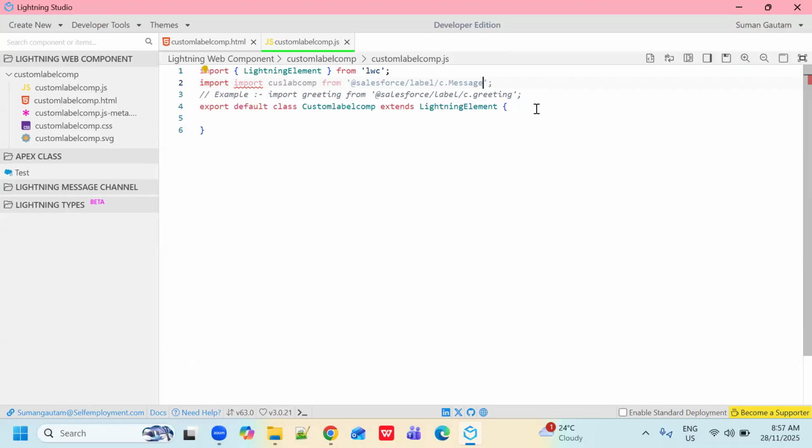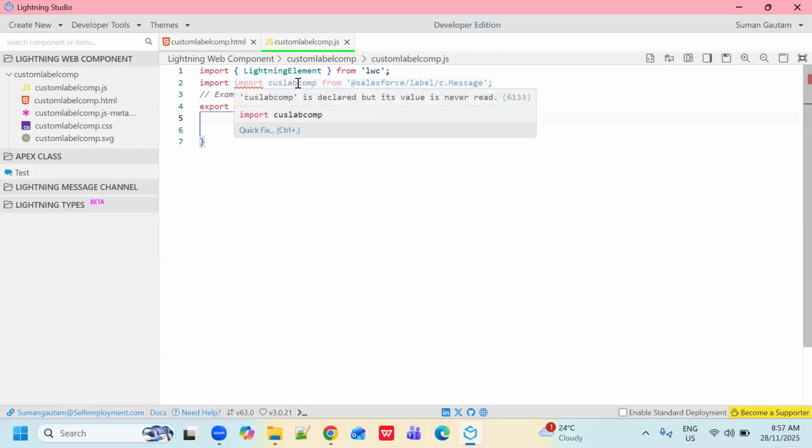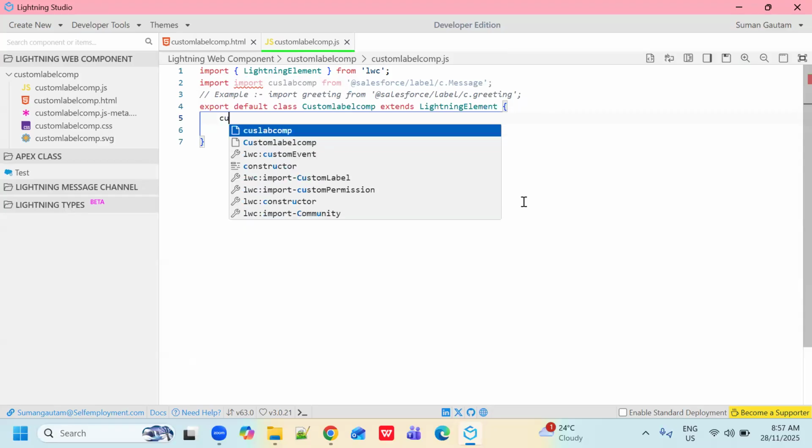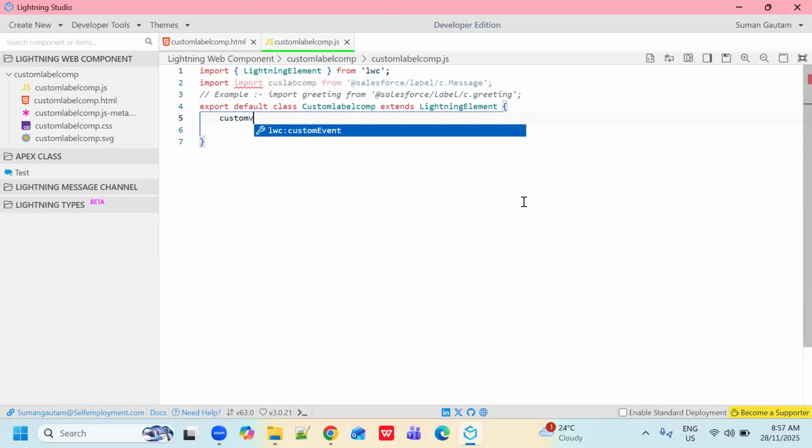After doing this, we need to put this value into our variable. So how can we do this? Custom val, that is the variable.